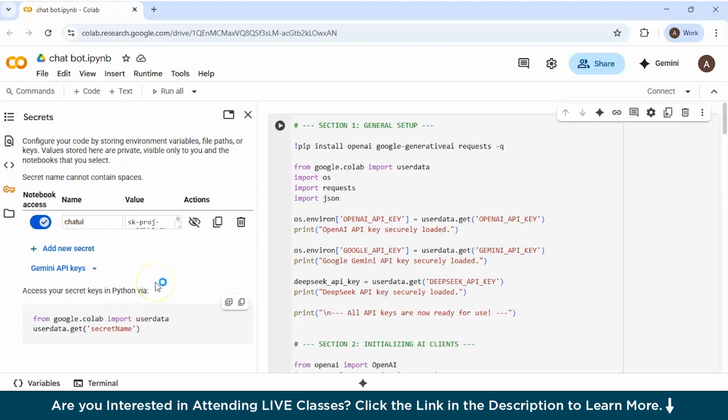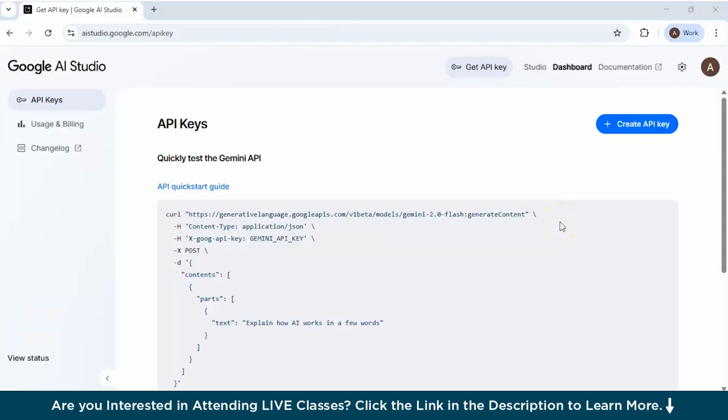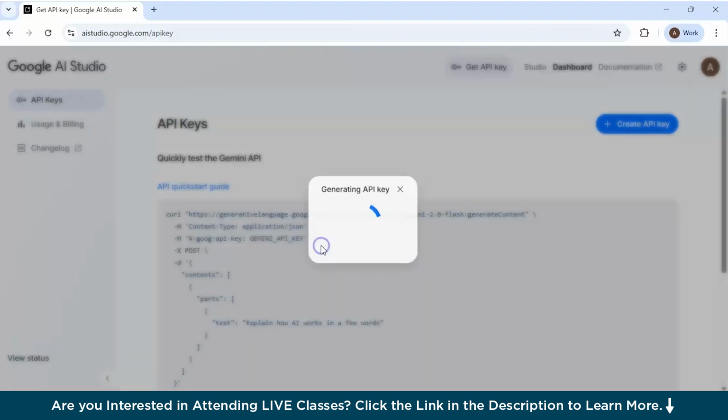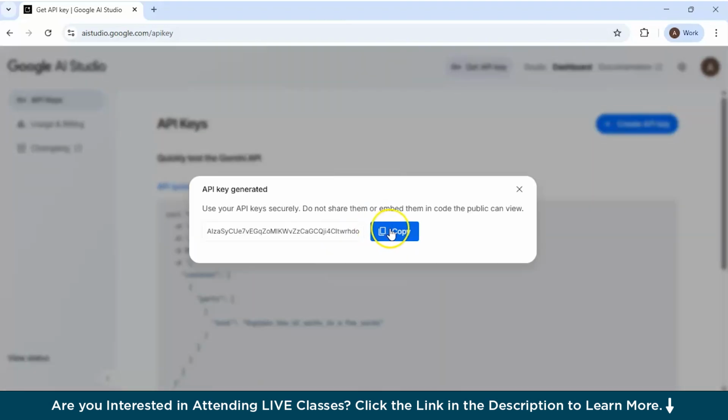What about Google Gemini? For that also we have a website, which is Google AI Studio. Here you can see directly we have API keys as an option. You can create a key here. You can give any kind of project name and it will generate an API key for that. You can just copy and paste it similarly to the previous one.